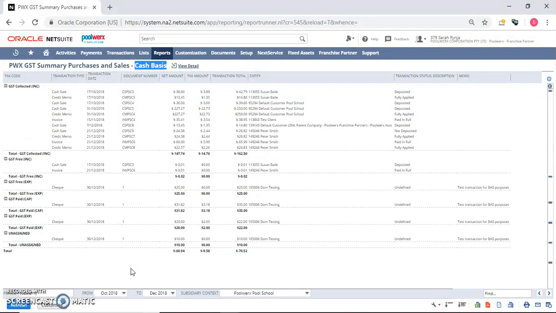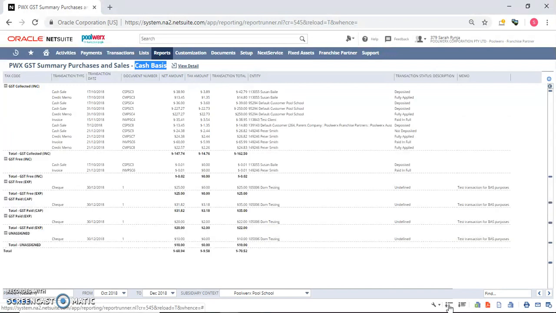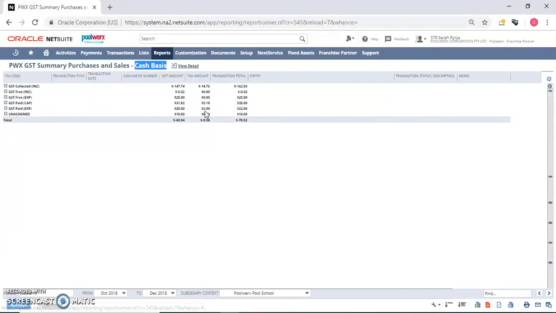First and foremost, before even looking at any transactions, we just want to do a few things. So first of all, we want to use this button to collapse it into summary mode. So these buttons, for those unaware, you can expand your detail and collapse. So let's just bring it to summary mode first. And we also want to come down here and check that we've got the right dates. So I'm going to complete the BAS for October 18 to December 18 quarter, and this should confirm